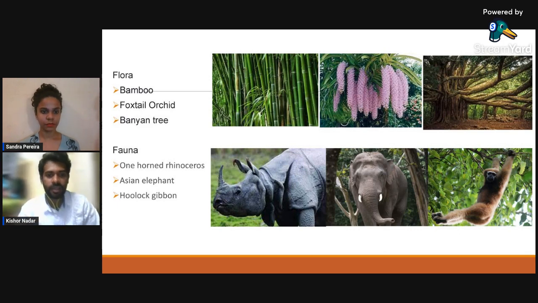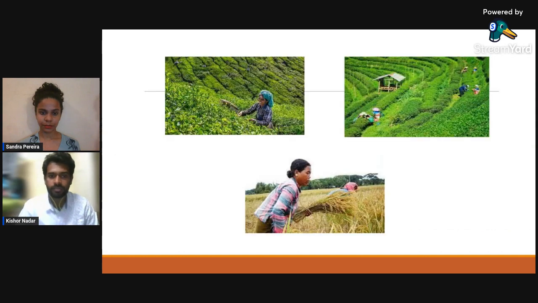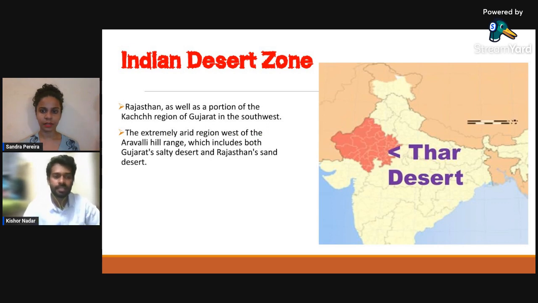एशियन एलिफेंट, हुलॉक गिबन। यहाँ पे भी प्रैक्टिसेस कैसे कि राइस फील्ड्स एंड स्टेप फार्मिंग है। असम साइड यहाँ पे टी प्लांटेशन काफी ग्रो होते हैं, टी प्लांटेशन आर वेरी फ्लरिश्ड। द स्टेप फार्मिंग इज वेरी कन्वीनियंट फॉर द टी प्लांटेशन। यहाँ पे पानी रुकता नहीं है, टोटली प्लेन्स में ही है, तो इट इज वेरी गुड फॉर टी प्लांटेशन। एंड राइस पैडी फील्ड तो वैसे ही स्टेप फार्मिंग में बन जाता है।